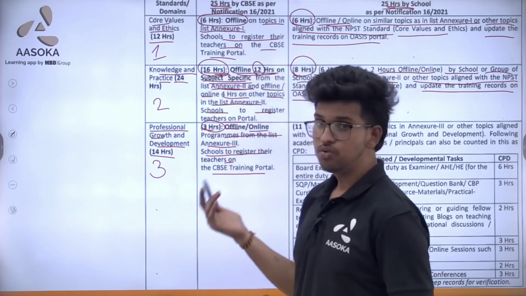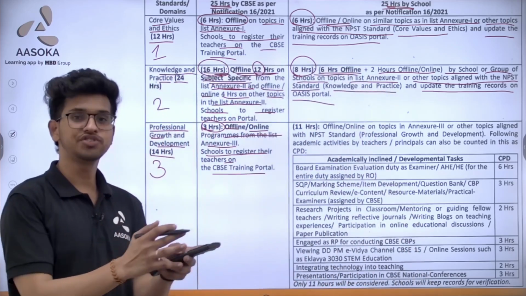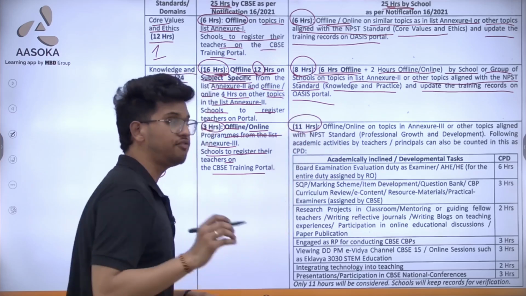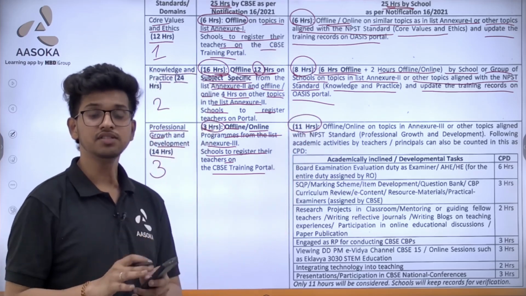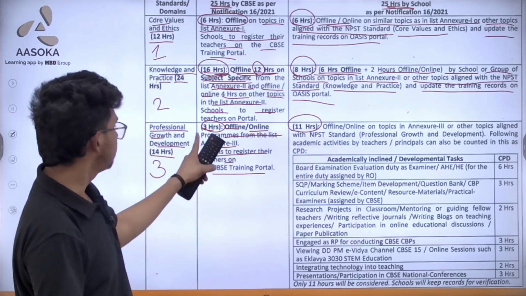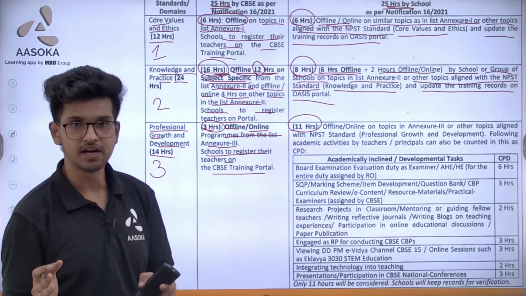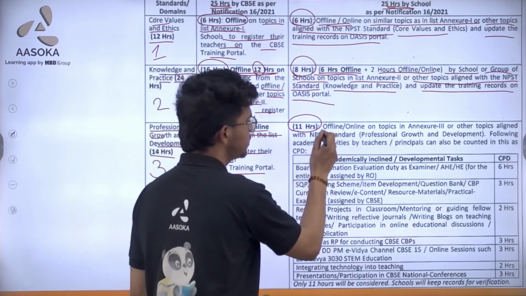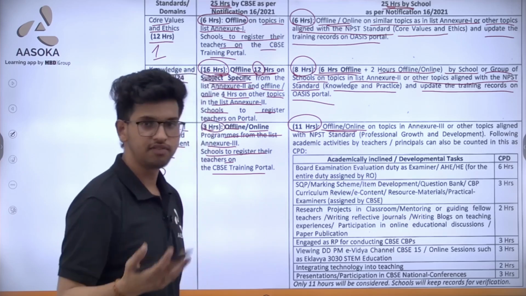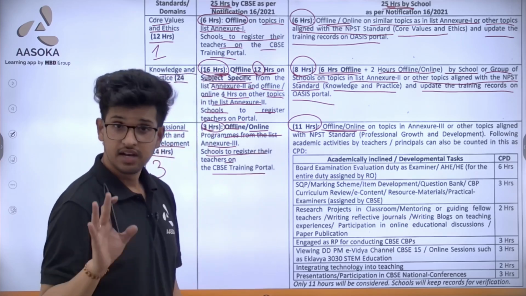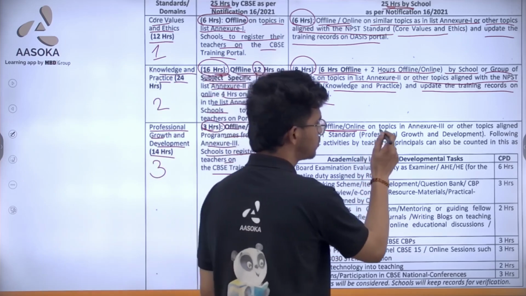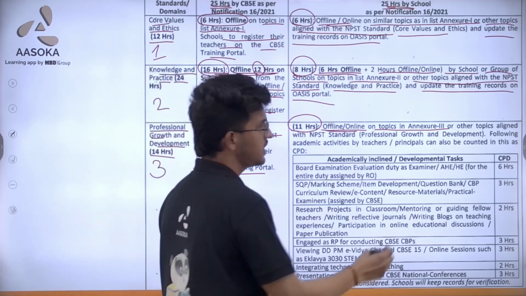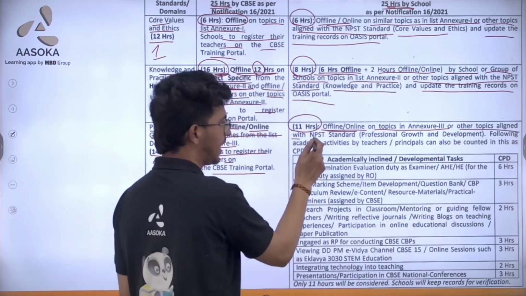Now when it comes to the school or in-house training, you have to complete a total of 11 hours, and here you have 3 hours, so in total it becomes 14 hours. In the 11 hours you have a choice to engage in the training sessions either in offline mode or online mode. You have the list given in annexure 3, so you have a choice on that. You can either go for the topics given in annexure 3 or other topics aligned with the NPST standard,